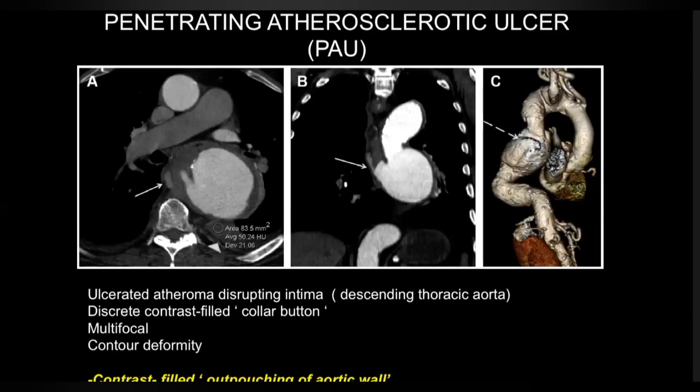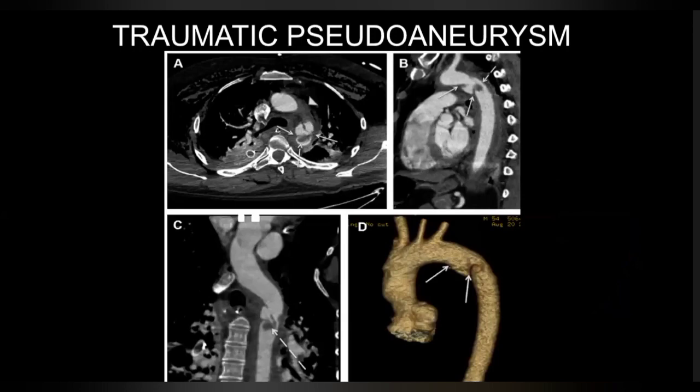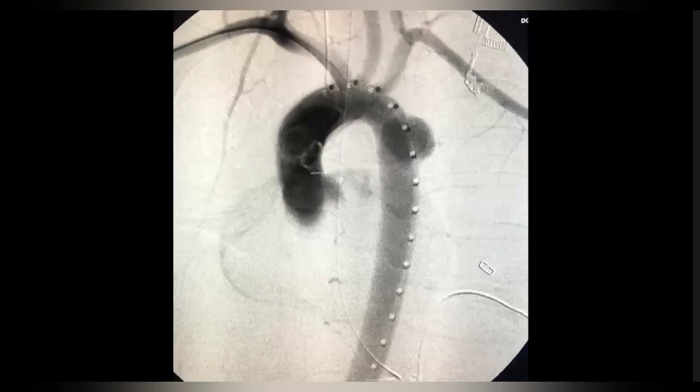Ditto for penetrating atherosclerotic ulcers. So penetrating atherosclerotic ulcers will occur in the background of extensive atherosclerosis. The condition I showed you was not a PAU, it was an ulcer-like projection, because there was actually no atherosclerosis in that aorta. Thoracic aortic aneurysm, we've already done extensively. And traumatic pseudoaneurysm, again, in the history of trauma, pseudoaneurysm, false aneurysm. Here is a 5-year-old child, motor vehicle accident. There is a pseudoaneurysm of the descending thoracic aorta, and this was treated with